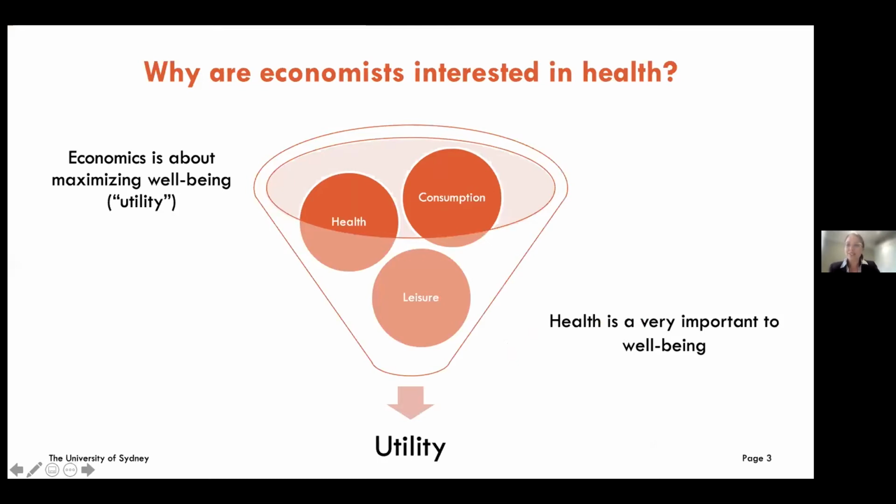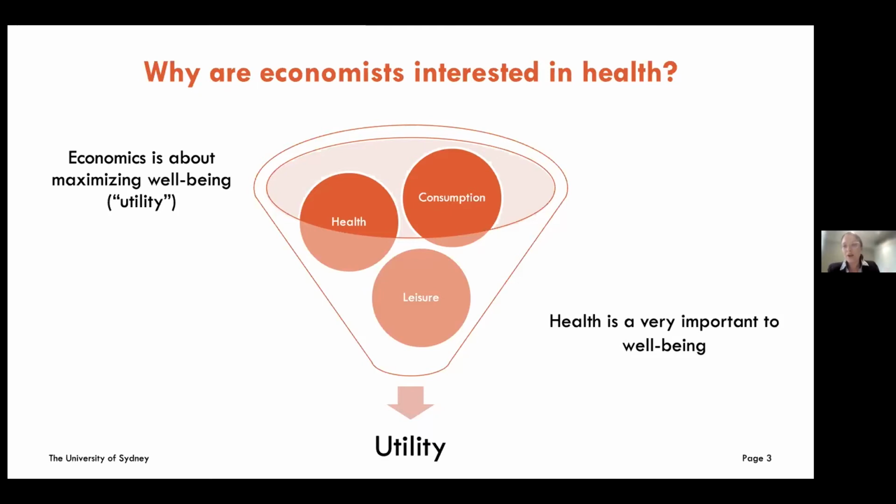So why are economists interested in health? Well, economic problems basically come down to one simple thing. We're trying to look at how we can maximize our well-being, or utility as we call it in economics, given the fact that our resources are constrained. We don't have unlimited resources, so how can we spend these in the way that makes us the best off that we can be? And typically when we're learning our introductory economics, we think about our utility as being a simple function of our consumption, and sometimes a function of our consumption and our leisure. So things that we buy and just the way that we spend our time and whether it's enjoyable.